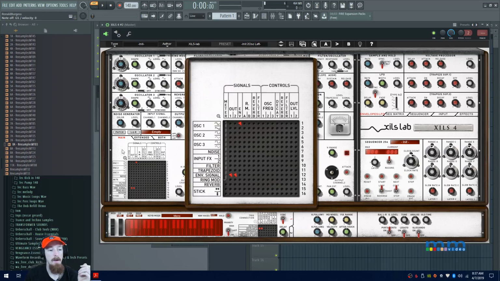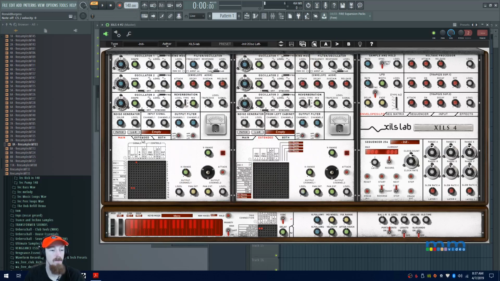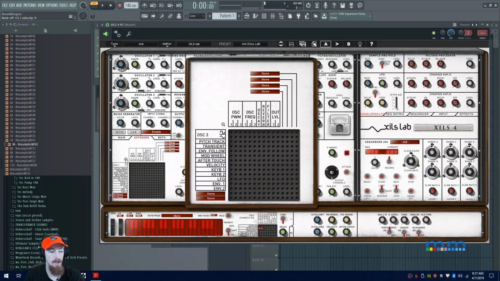There's a couple problems though, you may have noticed. First problem is when I play a note, it's the same note every single time. So we already addressed this in the last video, but let's go ahead and do it one more time. We'll go to extended, the plus icon, and we have our keyboard options. I'm going to use keyboard 1, and I'm going to set that to control the frequency of our 3 oscillators. So now when I play a note,